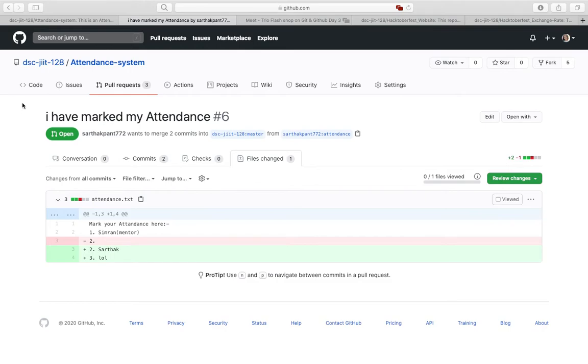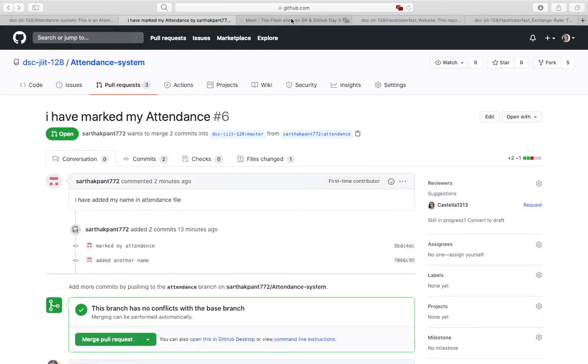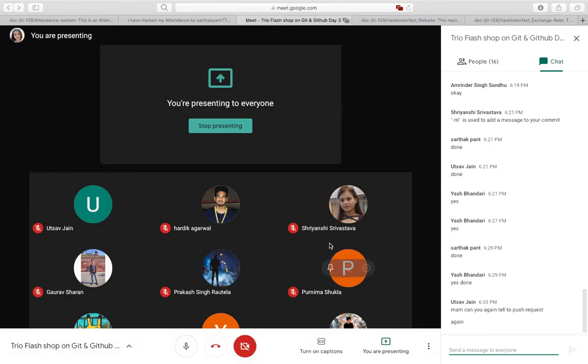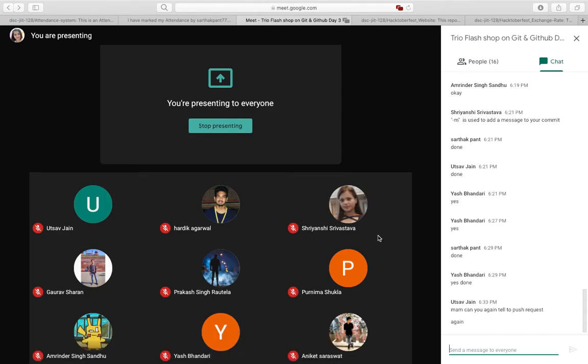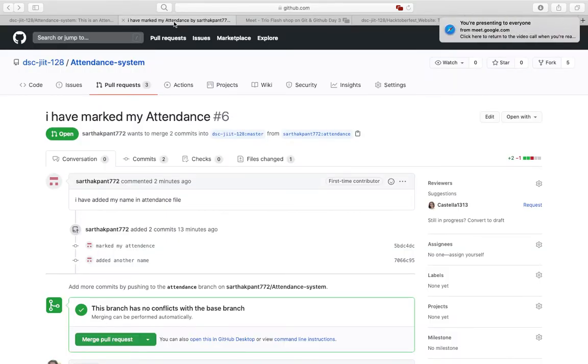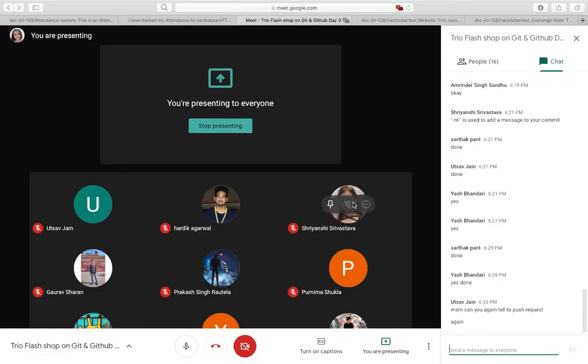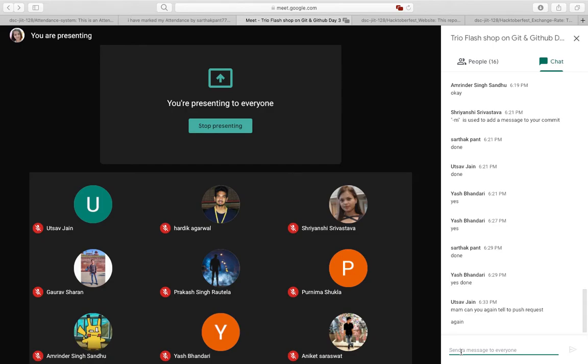I guess Sarthak has added LOL. Okay, it's great to see you too, who has made the pull request. So I'm assuming that you may be able to create three more pull requests. I guess it might get counted for your Hacktoberfest. So if anyone is stuck anywhere, do let us know.